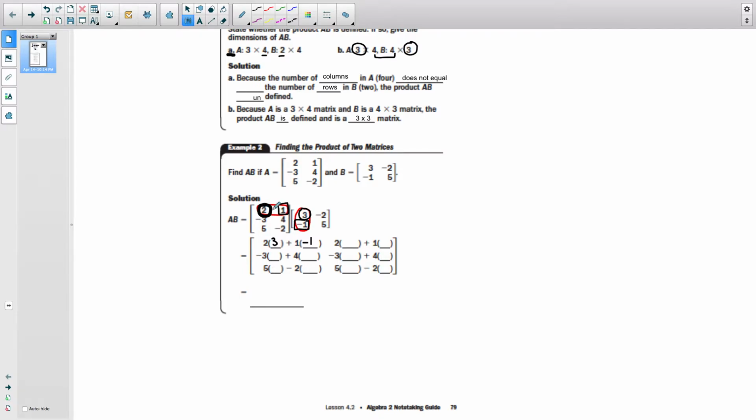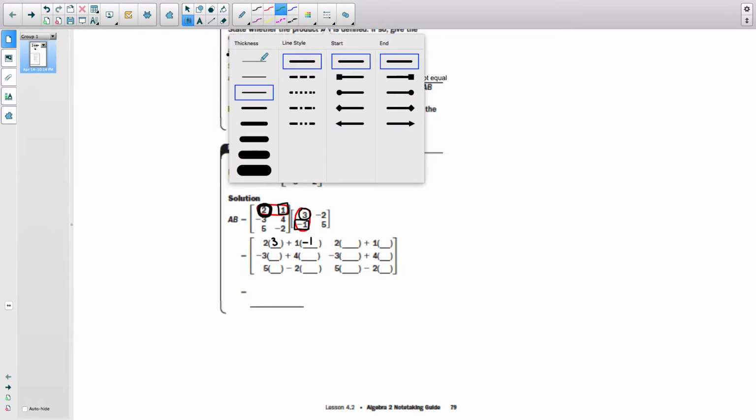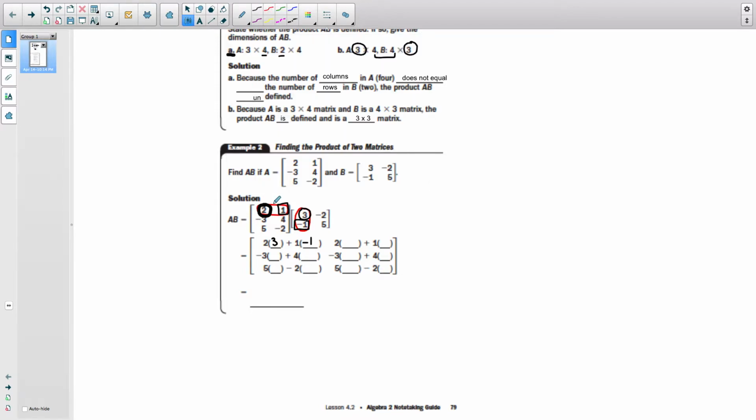So once you multiply that first row by the first column, that's going to be the very first entry in your answer matrix. So next thing you want to do is repeat those steps with the first row, but now you're going to multiply the first row by the second column because we have to do each row by each column. All right, and so now that answer is going to go on the first row and the second